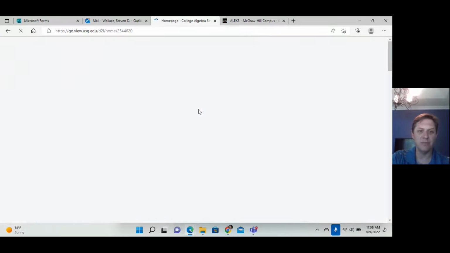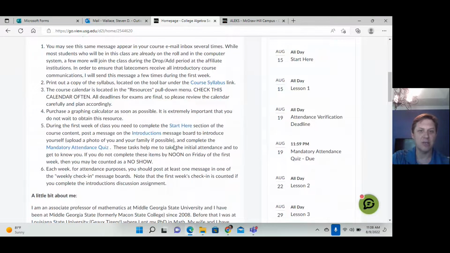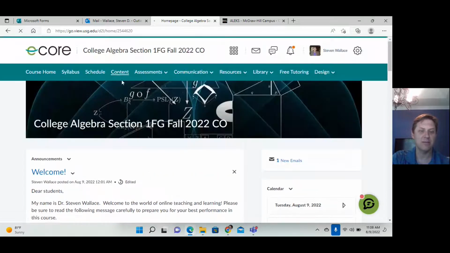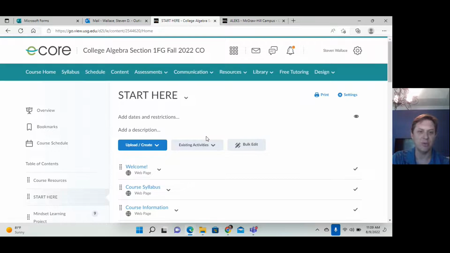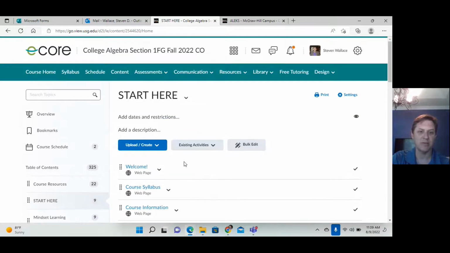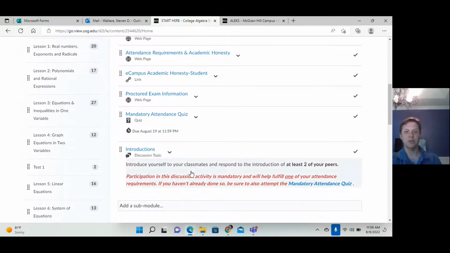The first thing you need to do in the first week is outlined here. So you want to read the syllabus. You want to go to the Start Here section of the content. If you just work through all that, then you'll do what you have to do. Okay. So click on Welcome. You start right there. Just go through all the stuff that's in here, and then you'll